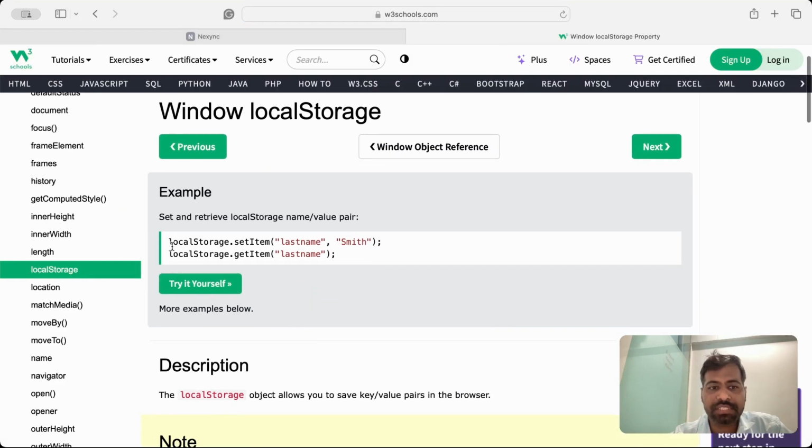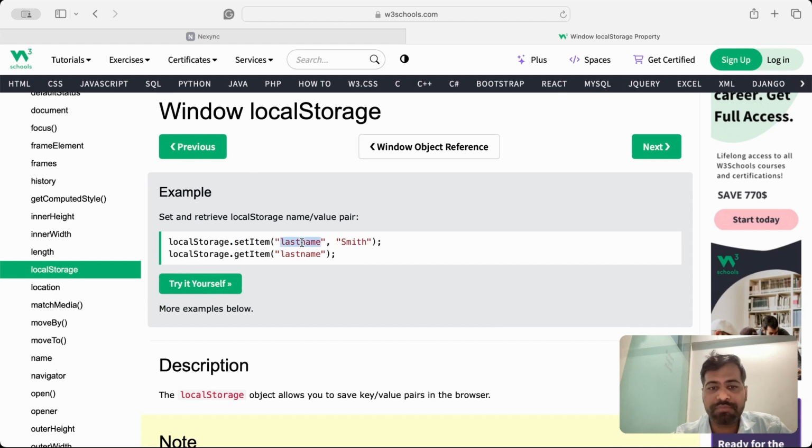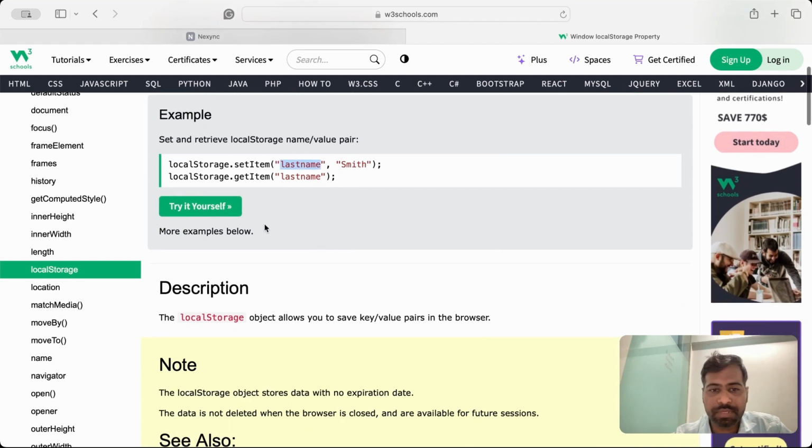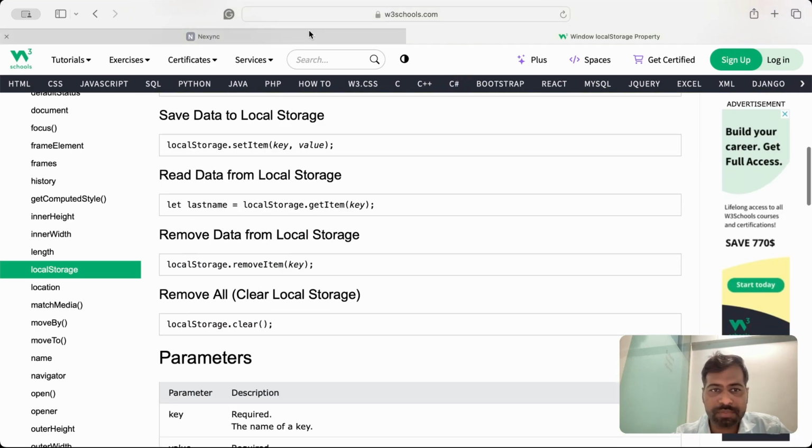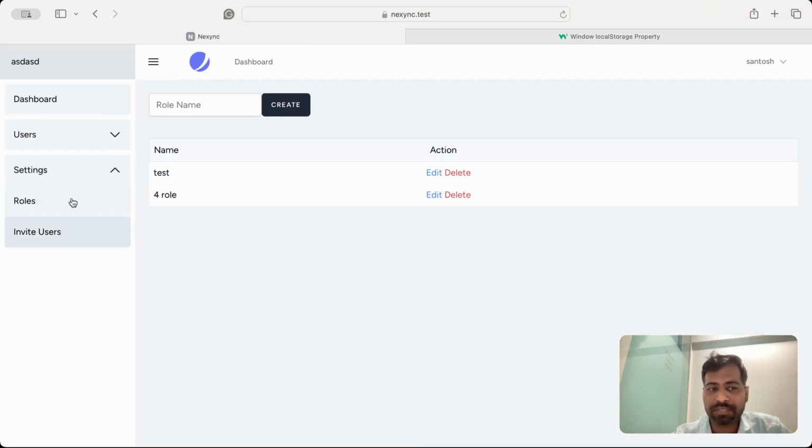So basically it has localStorage.setItem, and then we can set that particular name and value, and then we can get that item. Likewise, we can remove that particular item. So this can be saved across the pages, but we are already using Alpine.js, so we'll do the same thing